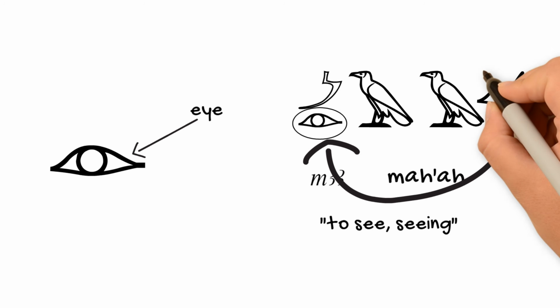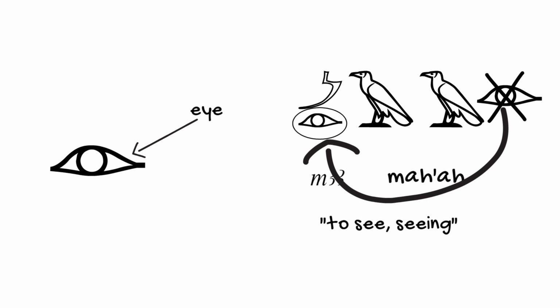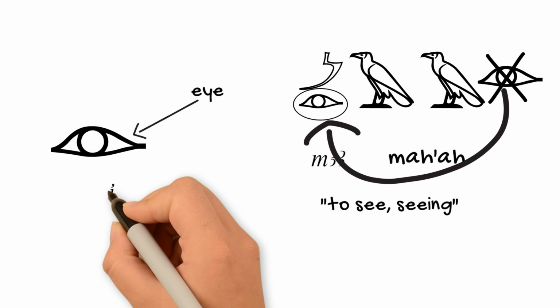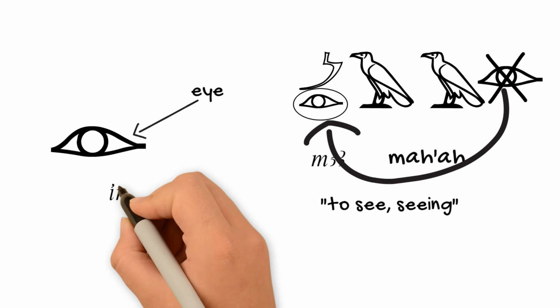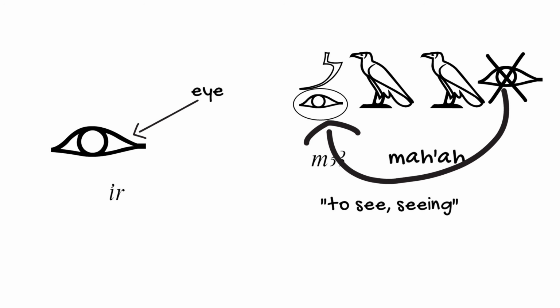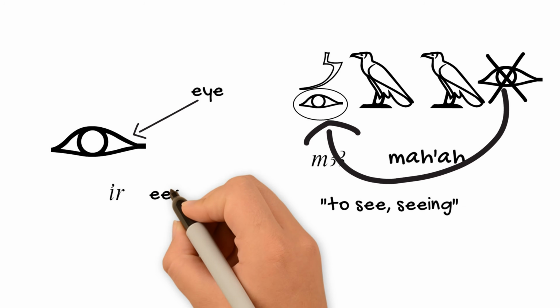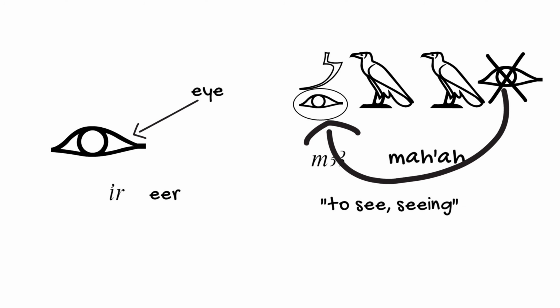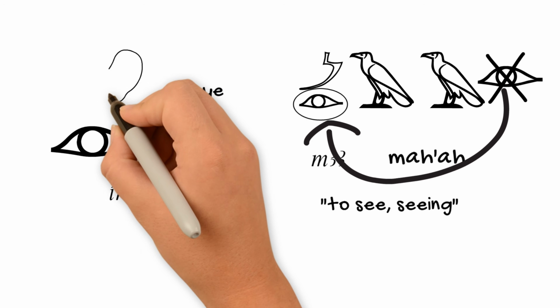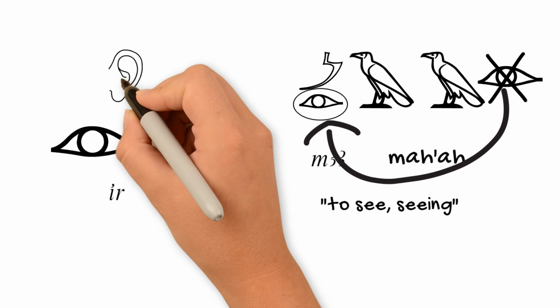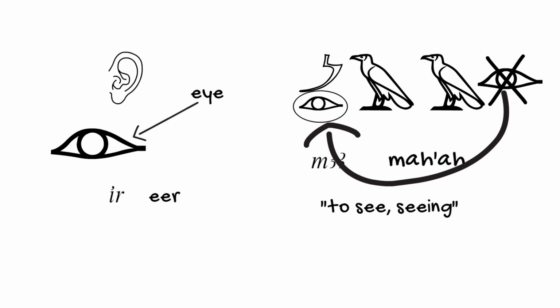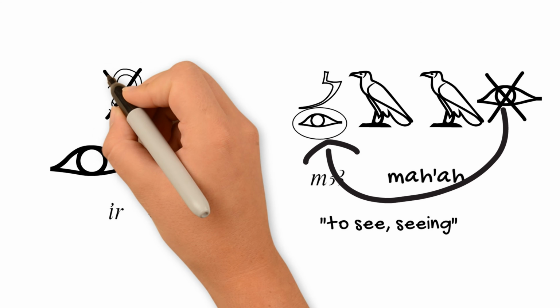However, even though this hieroglyph is used in these ways, it's more often used actually for sound values, the sound values of what we call yod and r, or we pronounce these today as ear, which I know for an English speaker can be a little confusing because it's a picture of an eye and we say it like ear, but it doesn't have anything to do with the body part ear.